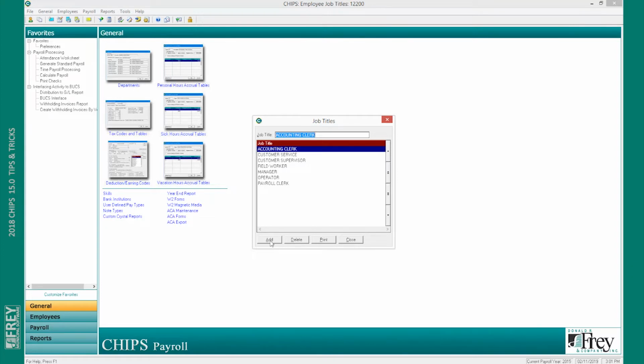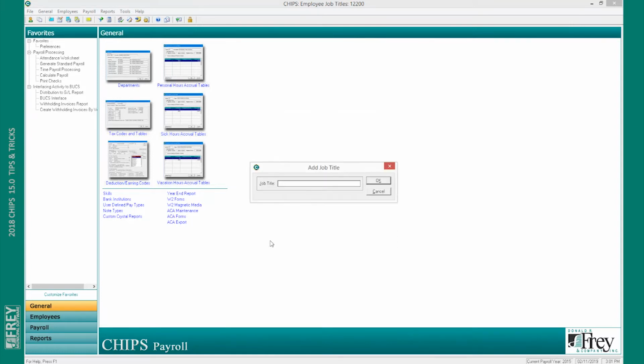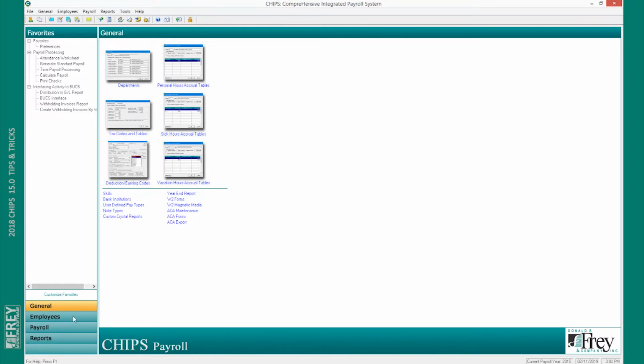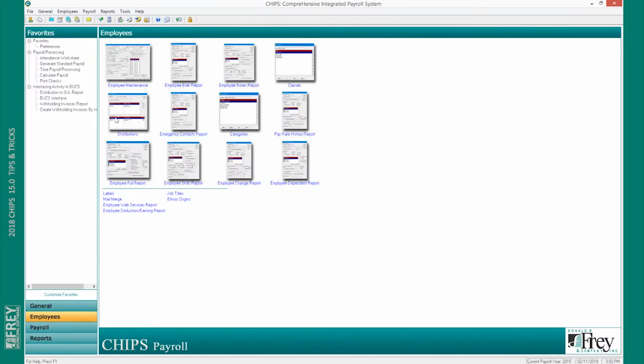If we want to go ahead and click on add job title, we can make it any kind of job title that you would see fit. And maybe let's make this account manager. And if we go ahead and close it here, and then now when we go to employees, employee maintenance, we